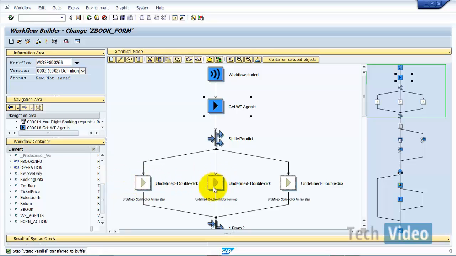So the first fork should not be dependent on the second fork, or the second fork should not be dependent on the first fork, on the first branch's outcome. Right, so this is how your fork step actually looks. Now what you can do is